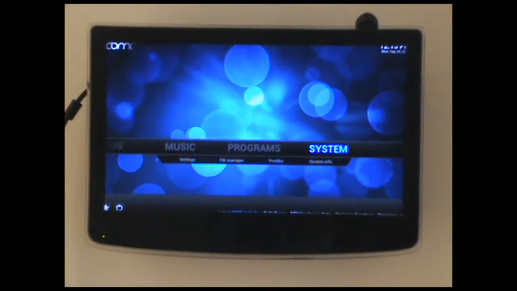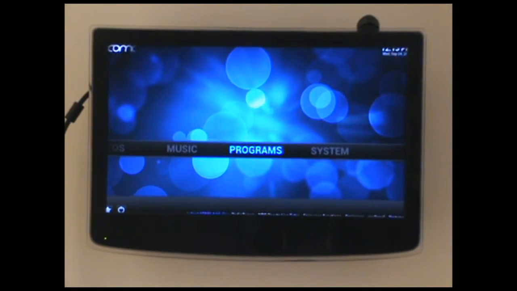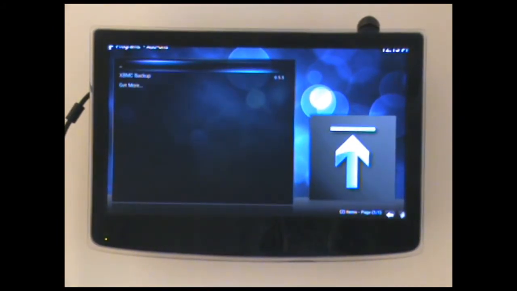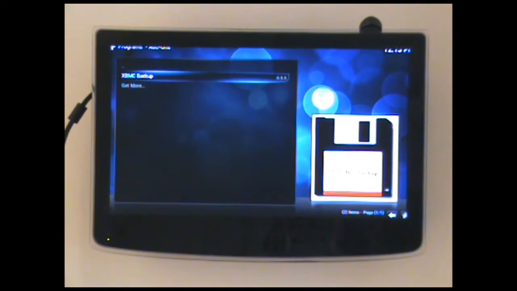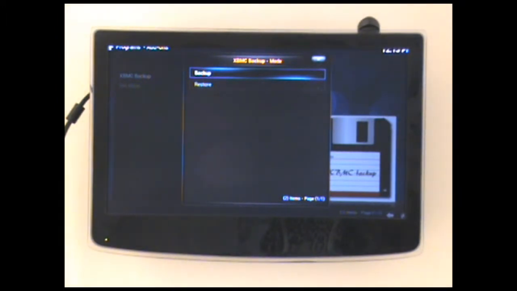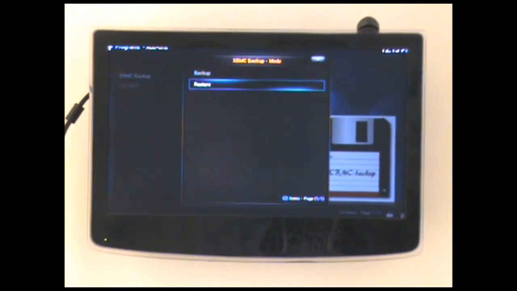Alright, we're ready to go now. So we come across to programs, click programs, down to program add-ons, XBMC backup. Remembering to make sure we've formatted the SD card, put the new file on it, the second file, and we've now plugged it into the side of the box. So we're now going to go to restore,